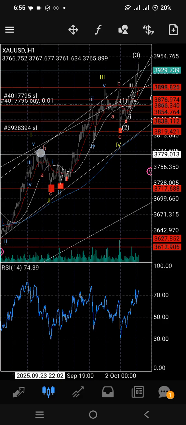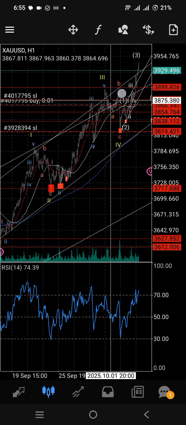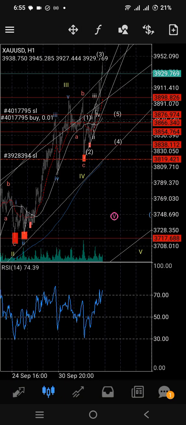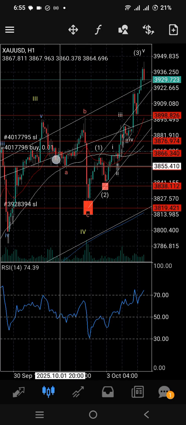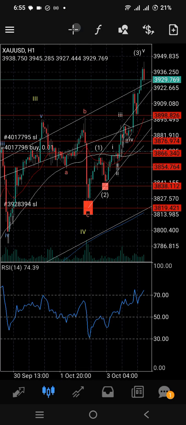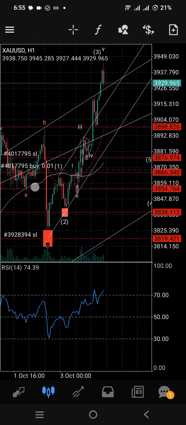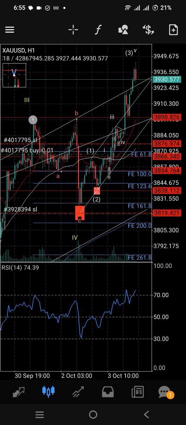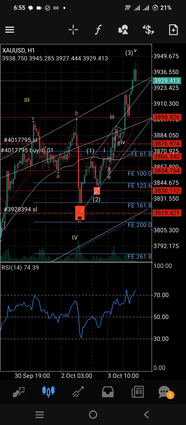So this one did not break the orthodox high, that is, it didn't break the high of wave 1. So I was expecting wave 4 to break the high of wave 1. And when that happened, I knew that we'd be going for a flat here, and so I drew a Fibonacci target. So I drew this, and I was counting 5 wave moves on the lower time frame of the wave C.